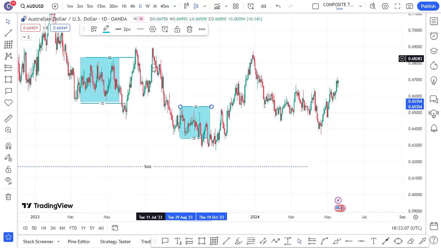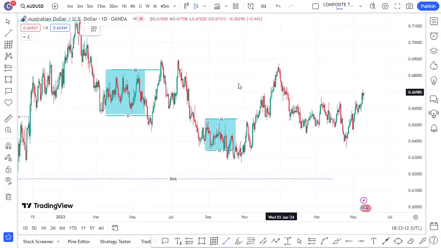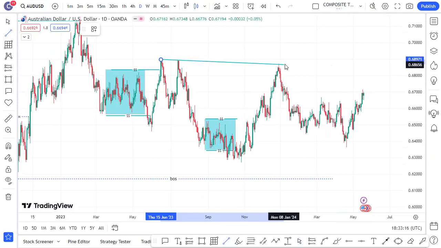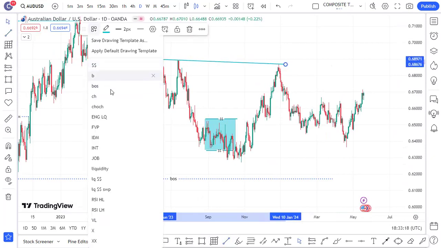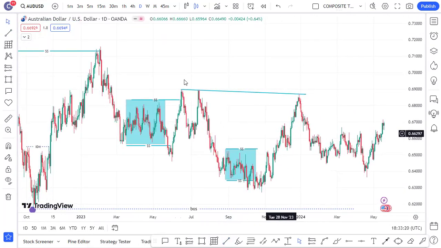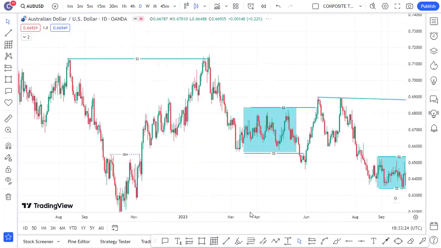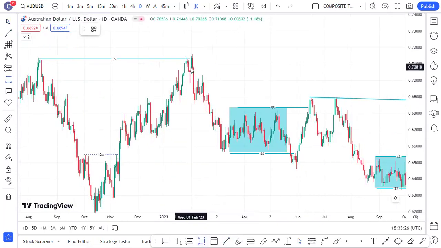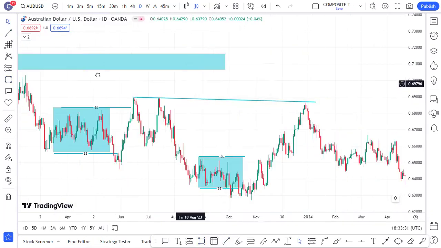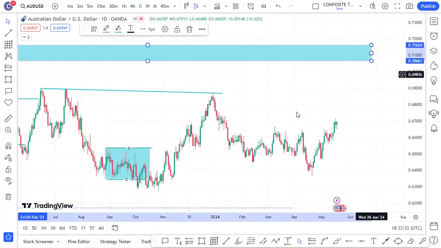Market took out all this accumulation, and we can see we still have to push to the upside, because you can see these are equal highs, and this is some liquidity that must be taken out before this pair drops. And just above it, we can see we have a very strong supply. This red candle is a very strong supply. That is a zone to watch. This market will eventually come here.